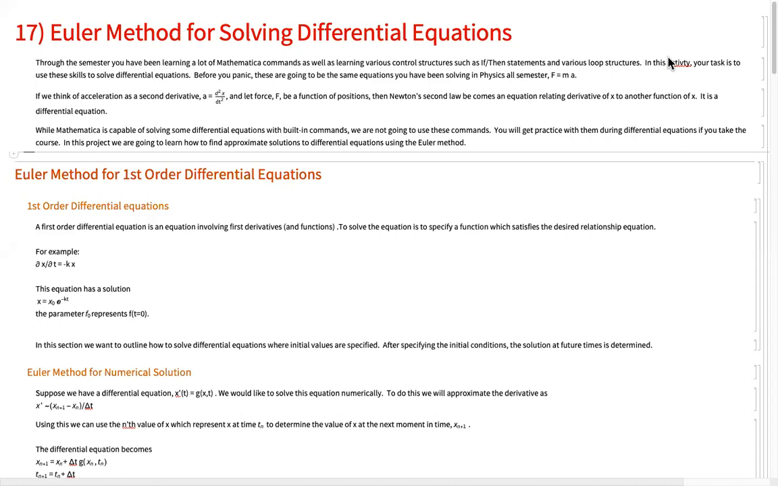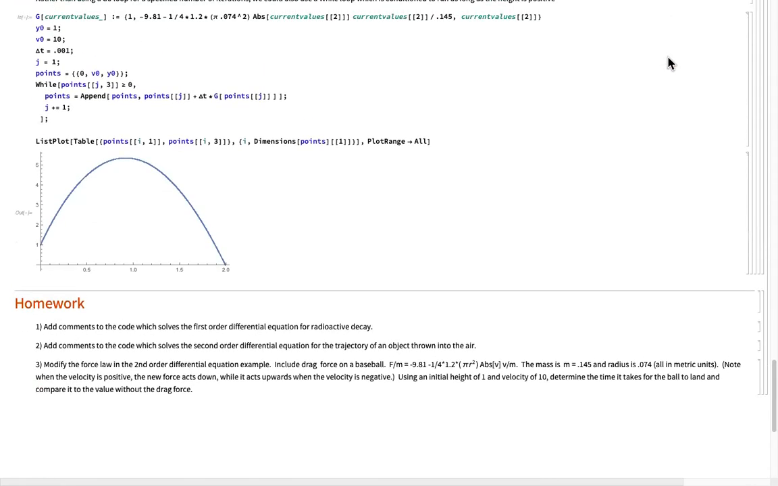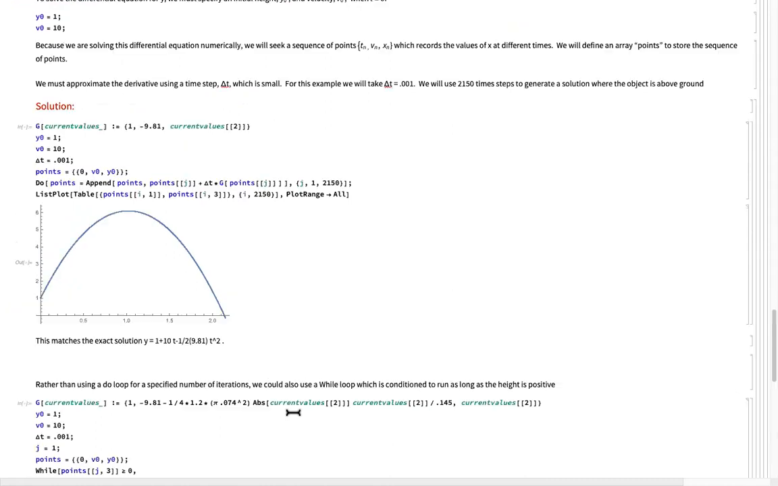So the plan is, first I will describe a differential equation and what it means to solve a differential equation. And then I will describe the Euler method and apply it to a few different examples. At the end of the file associated with this lecture, there are some homework questions for you to do, and